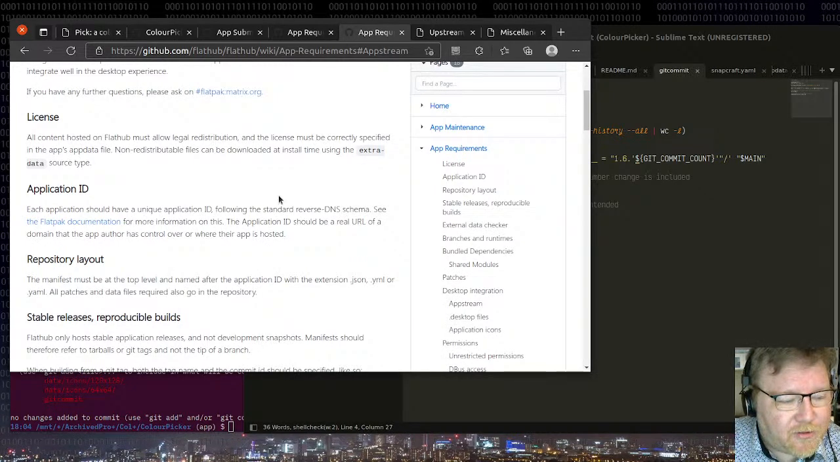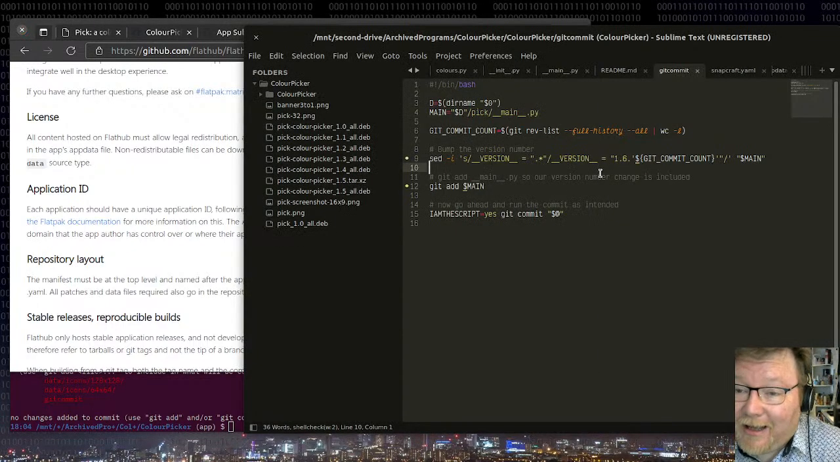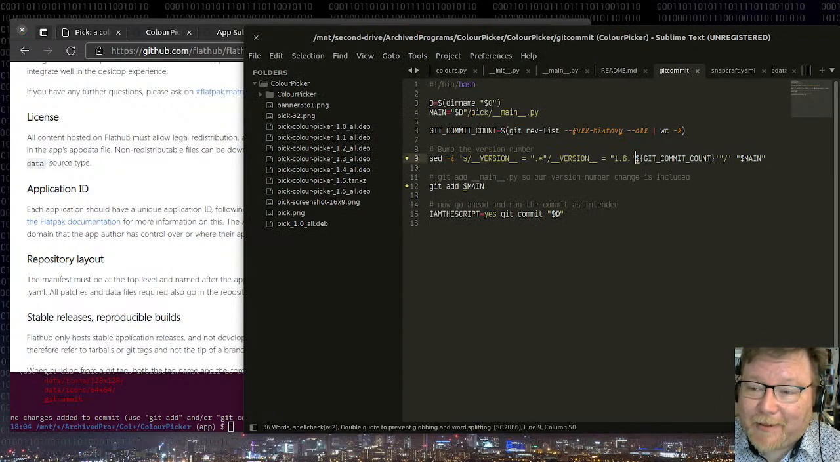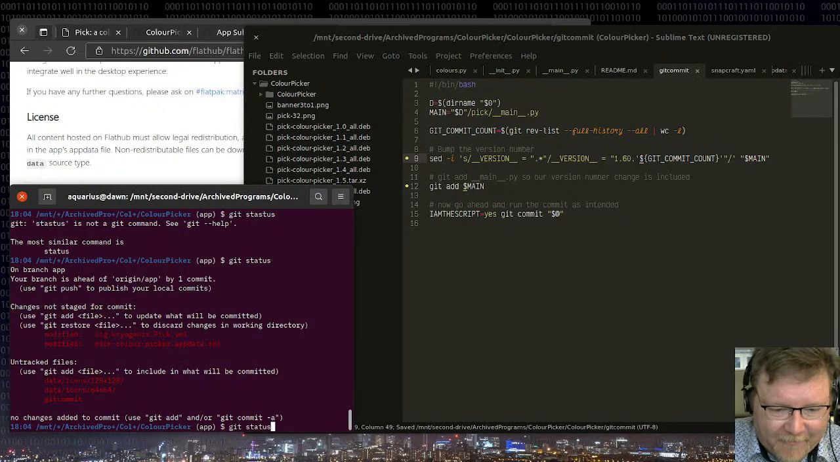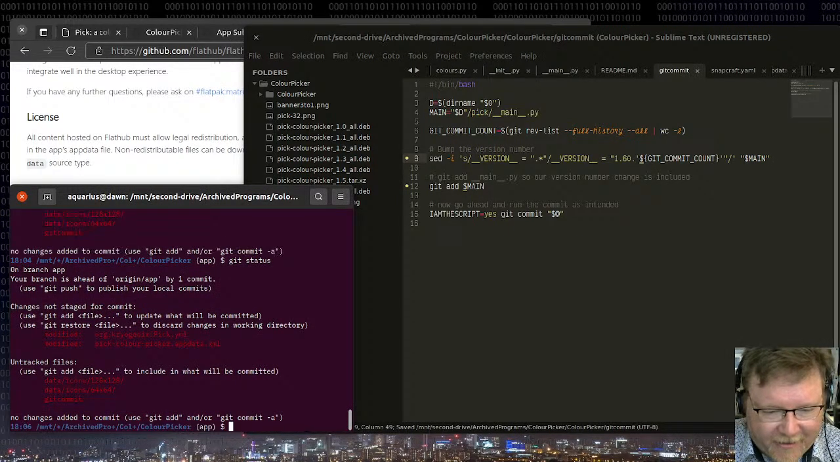Matthew Somerville says, wasn't the old one 1.51, so you might want to change the base. Oh, the point being that 1.6 is less than 1.51. Yeah, it is. Good call. So that should be 1.60. Yes, you are correct. So we're going to fix that